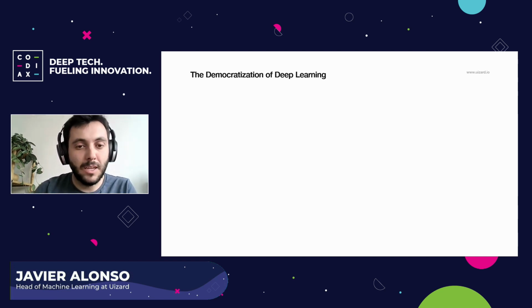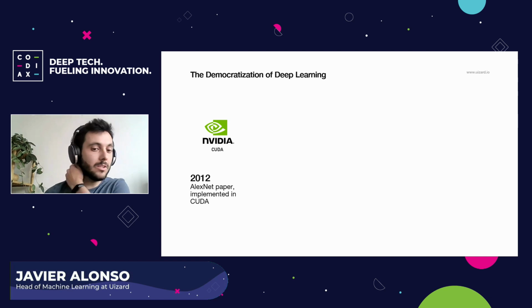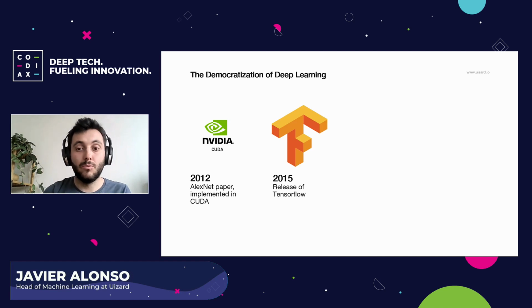So let's start from the beginning. 2012 was considered by a lot of people the beginning of the deep learning era, with the AlexNet paper. In order to implement AlexNet, they had to spend months defining absolutely everything in a really low-level language like CUDA, how to do backpropagation on every single step, and all of this for an architecture that we now consider simple. But thankfully, our tooling improved.